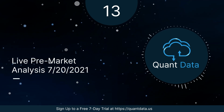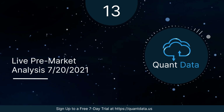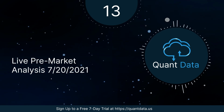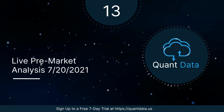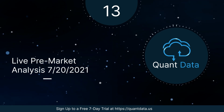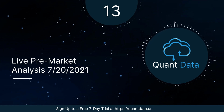So if we can hold that 35.55, that's a nice ideal bounce zone. If it breaks under that, then it's going to be using that as a resistance, so take your time on it if that happens. As you can see, the moment we step under that 35.55, the range is huge to 35.25, but the break under 35.25 opens up...